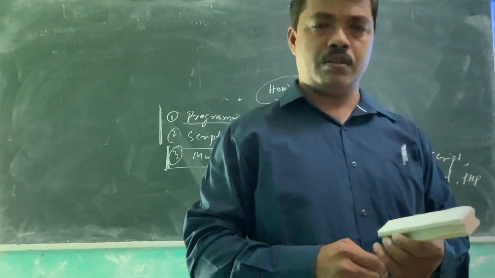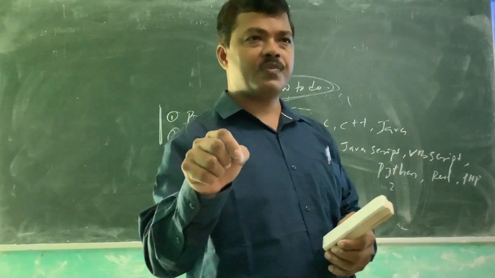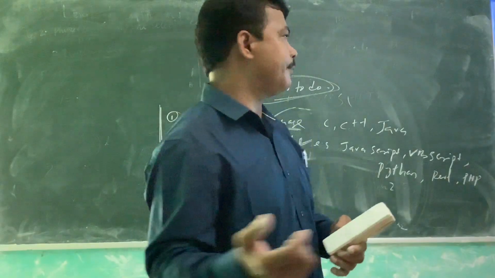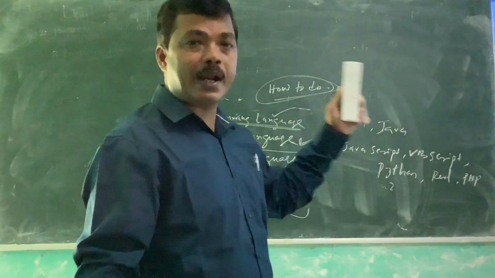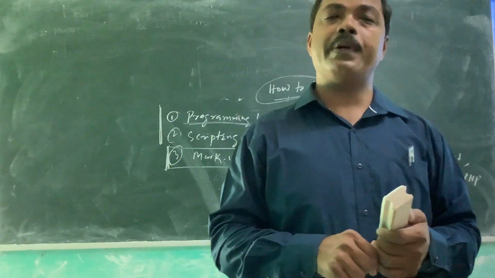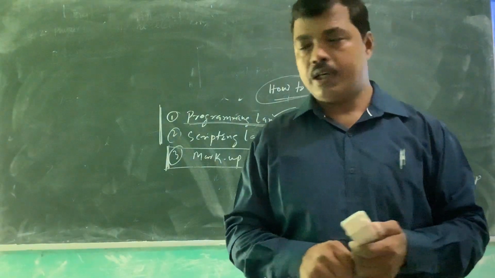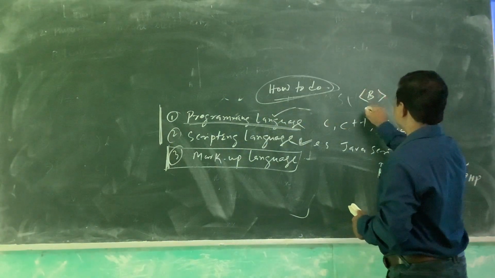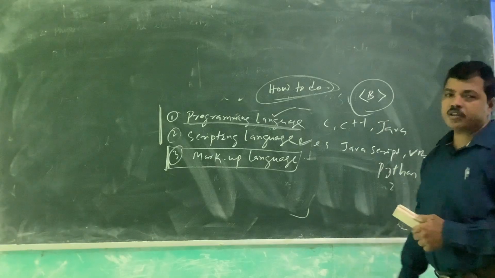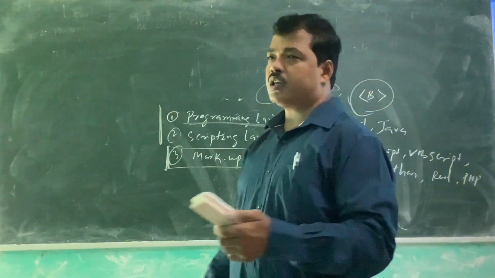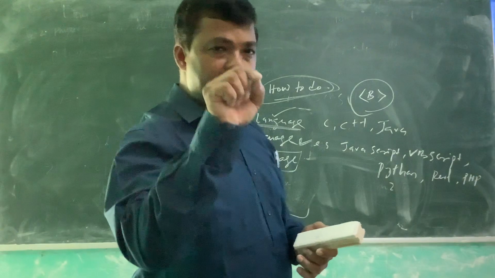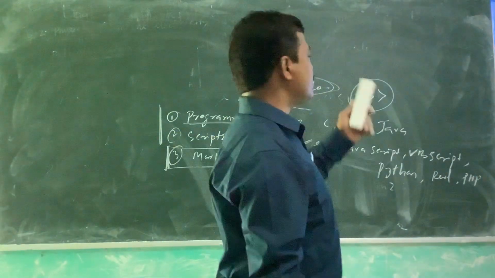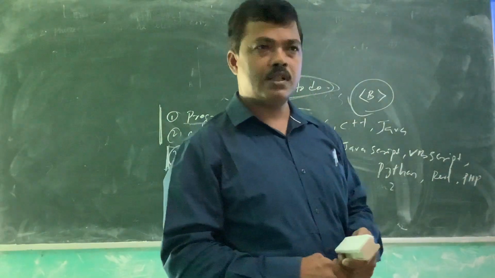So how is it done? When we give the tags, we write the data, then it is interpreted by the browser. Let us say this is a tag to render the text in bold. Just like in your MS Word or Excel, there is a B button. When we click on it or press Ctrl B, it renders the data in bold face.